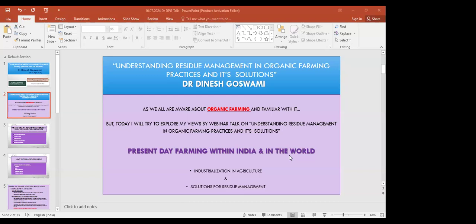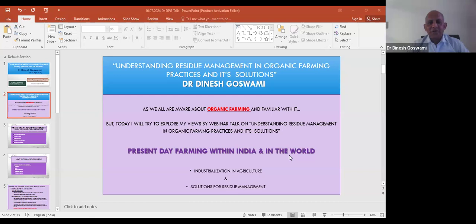And why is residue management important in organic farming practices? Residue management is a major concern, because organic farming itself is an option to get healthy and residue-free produce. That's why it's a key component in organic farming. But residue management is not the ultimate solution. We have to go for root cause analysis,